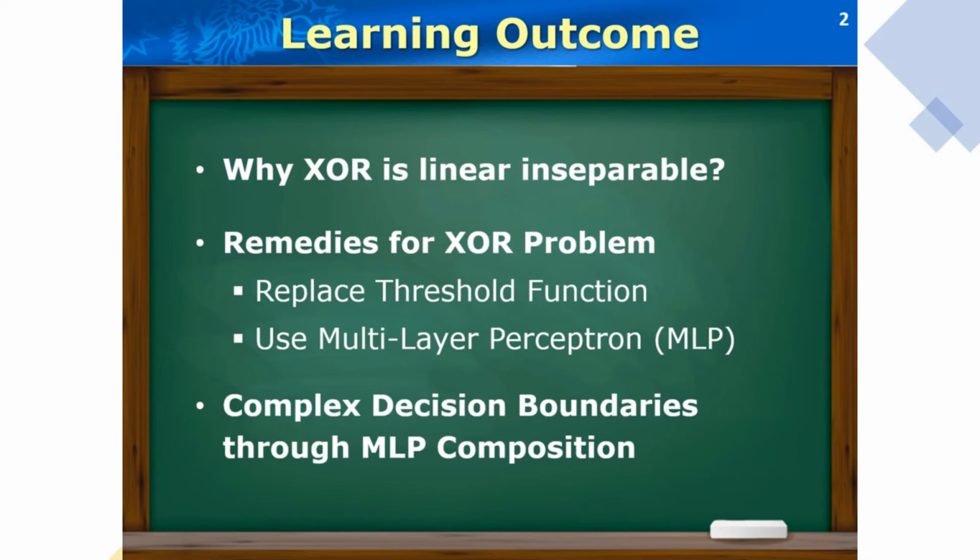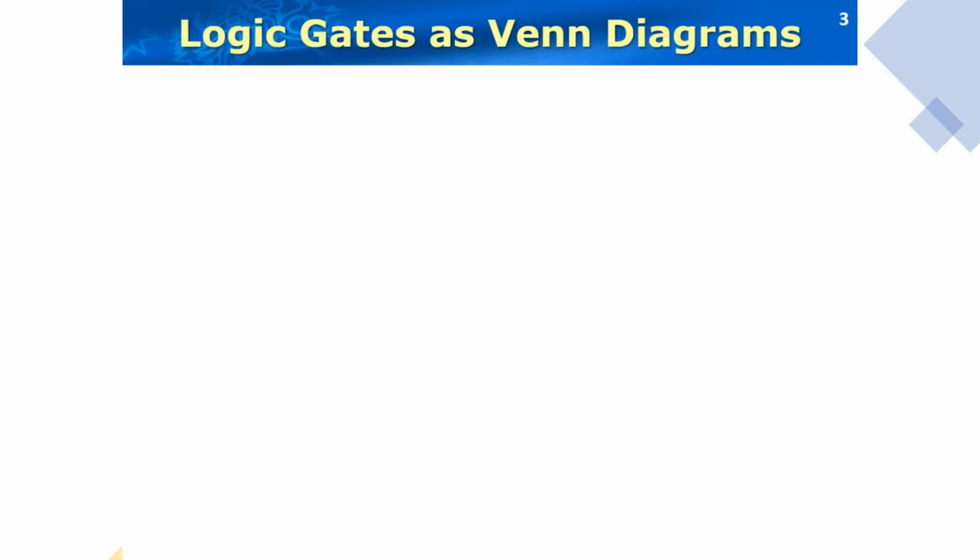Finally, we will learn how to use multi-layer perceptron composition to represent complex decision boundaries, which highlights the great potential to extend multi-layer perceptrons for image recognition. So before introducing the MLP model, let's first look at the Venn diagrams of the logic gates,